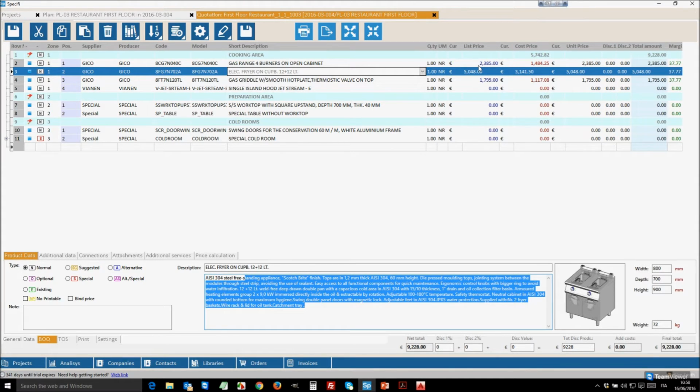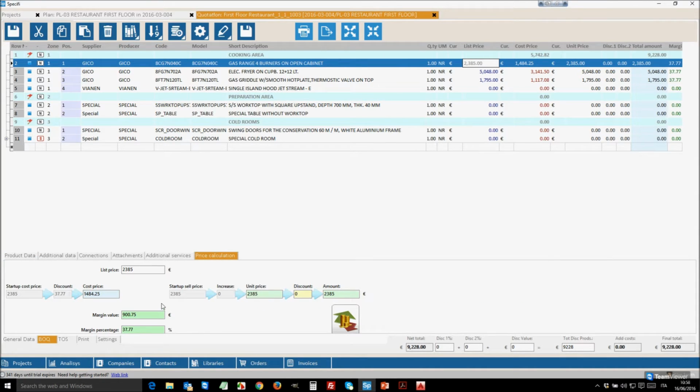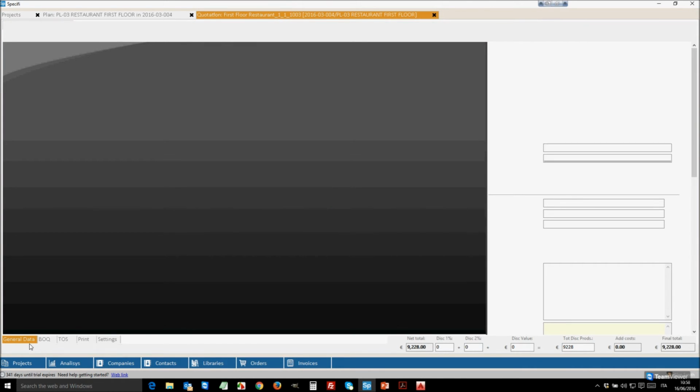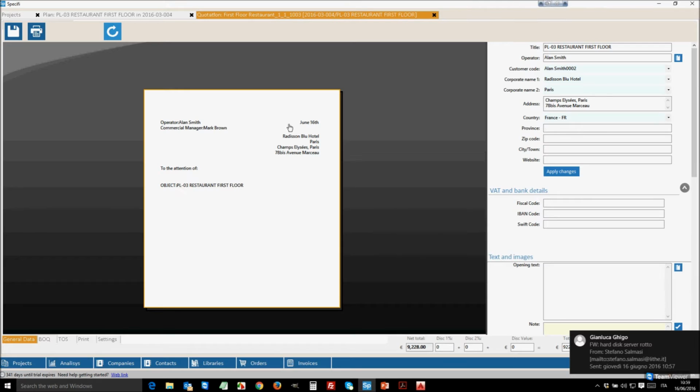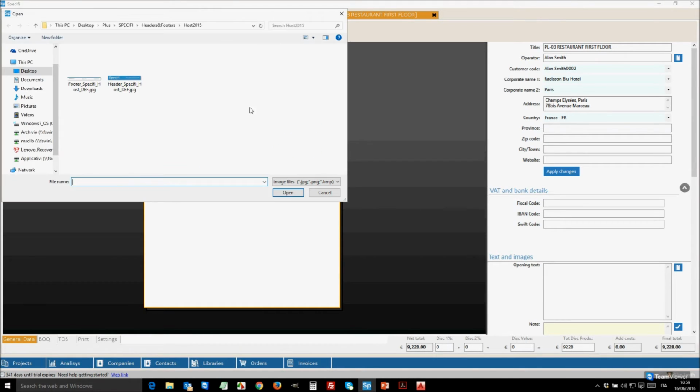We double click over the quotation. I can open it. And I have all the products just inserted with all information. You can see the long description, the picture, and I can check the prices. I can set the discount. Because there in price calculation, I can see that starting from the public manufacturer list price, okay, I can insert the discount to calculate my net price, my cost price, and then I can also apply some increases and discount to the customer to offer these products to the end customers. The software gives also information regarding the margin, okay, calculated the margin that you are receiving,